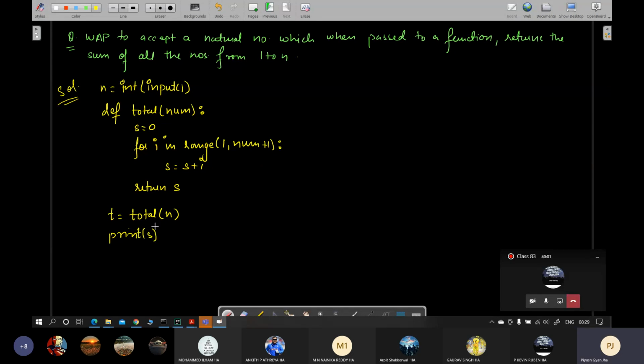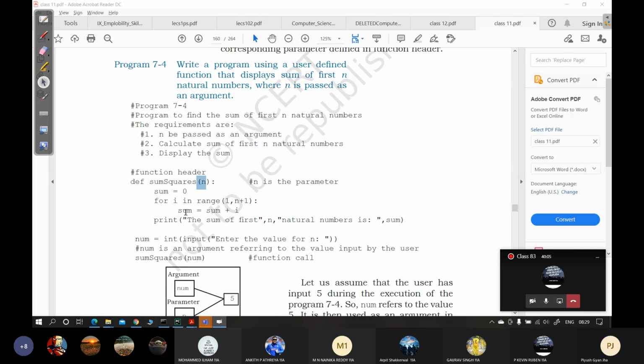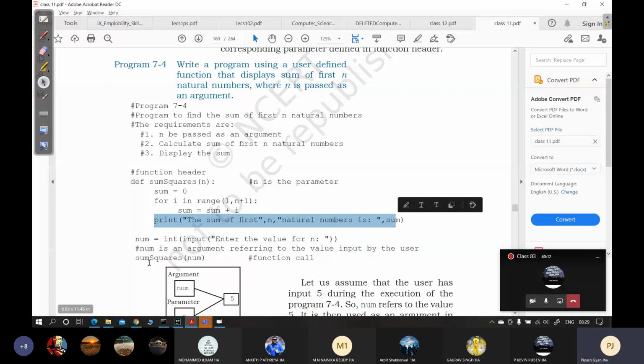So they must have made some variant of this. More or less the logic will be the same. So instead of returning, they have consumed it directly. They have not returned in the function. They have printed directly inside. So you need not catch it. Since they have not called it that way, you do not need to catch the sum there. Even here, if you try to catch in the form of something like result is equals to this, what will be the value of result?